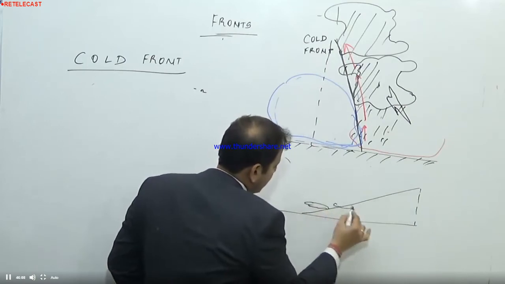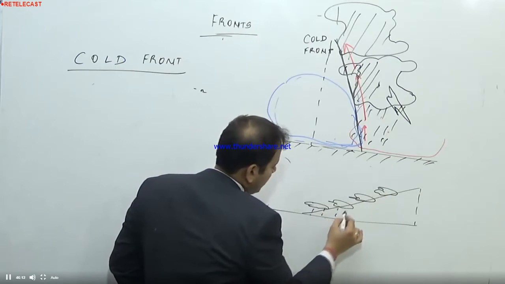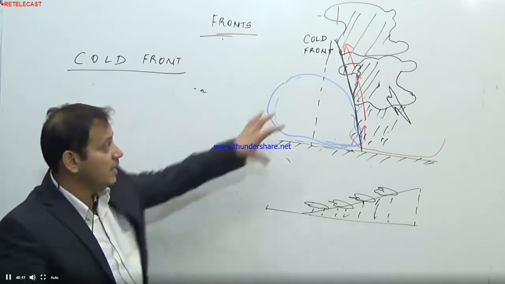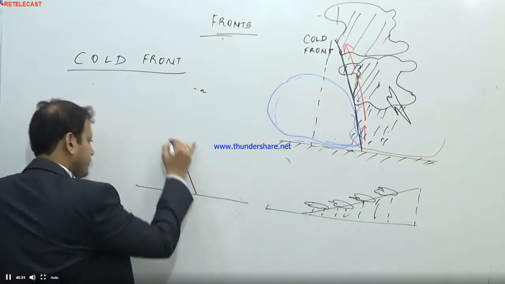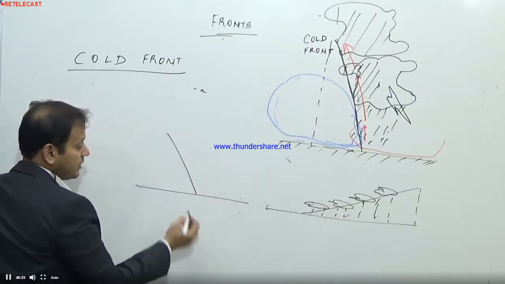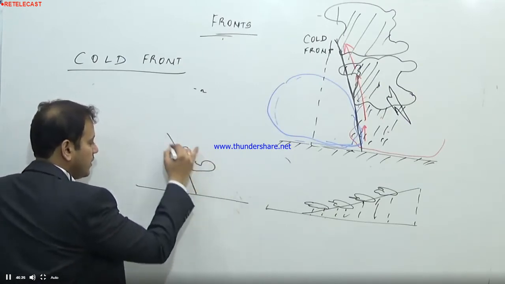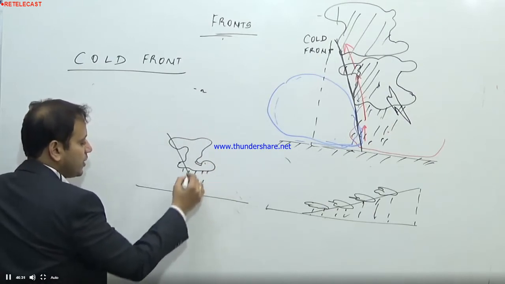There was formation of a nimbostratus cloud, so it used to give rainfall in the form of a drizzle but covering a large area. On the other hand, in the cold front, this is the diagram for the cold front, there is a formation of a cumulonimbus cloud, and it gives very heavy rainfall but of a shorter duration,